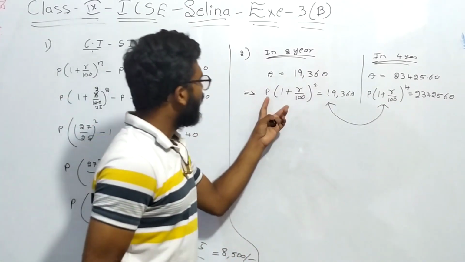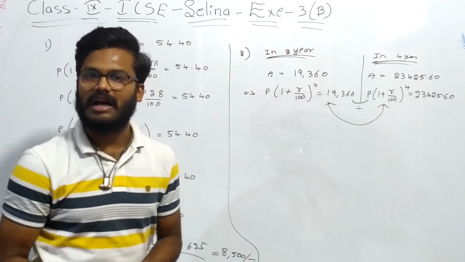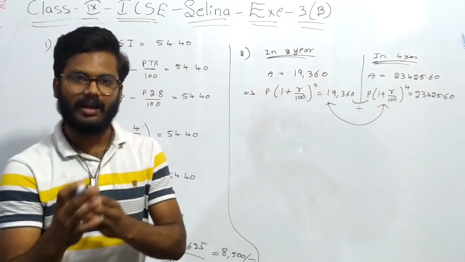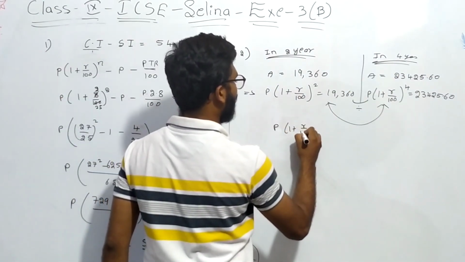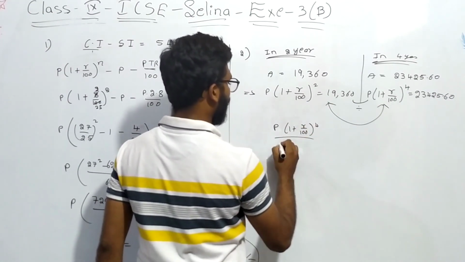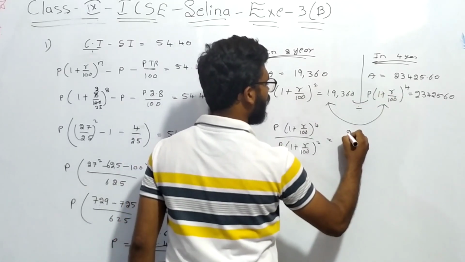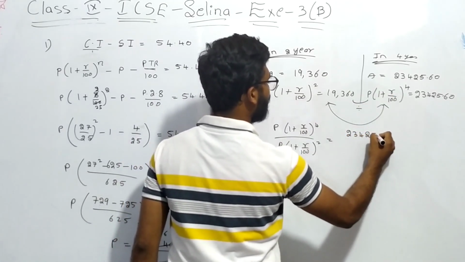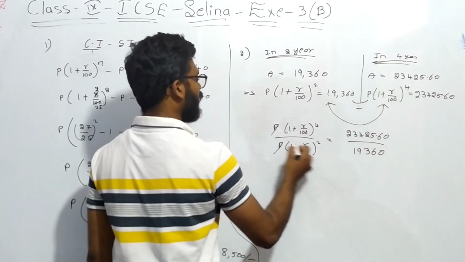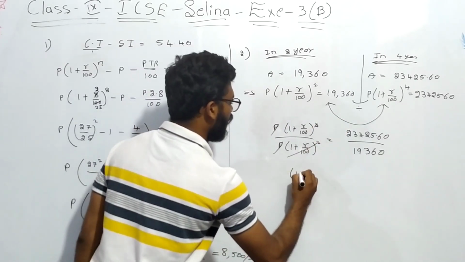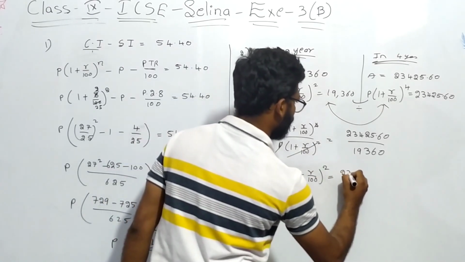But here they are multiplying, right? So if you divide this with this one, P will get cancelled and R will be remaining. We can find R, and from R we can find P. So dividing, P into (1 plus R by 100) whole power 4 by (1 plus R by 100) whole square is equal to 23,425.60 by 19,360. How much will we get? With the subtraction of powers, (1 plus R by 100) whole square is equal to